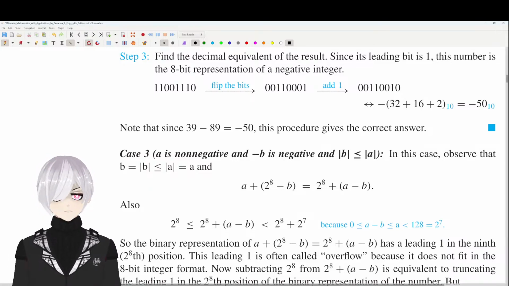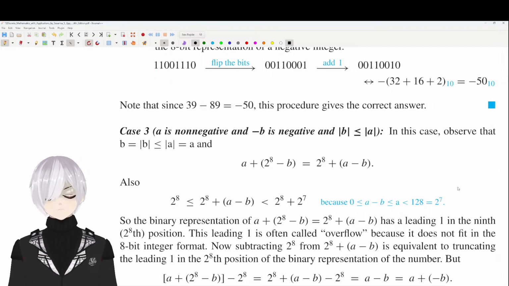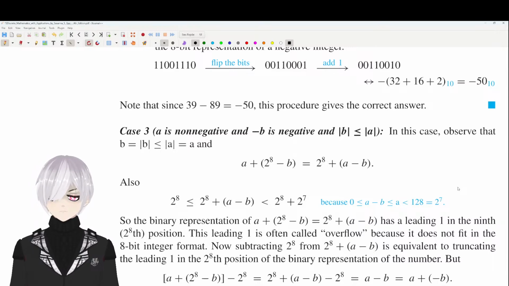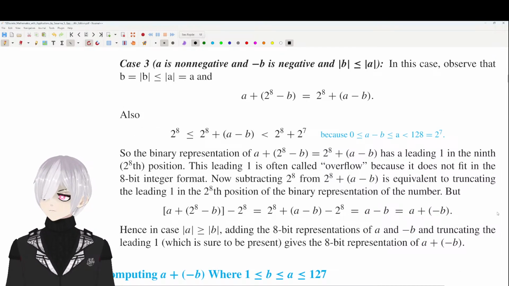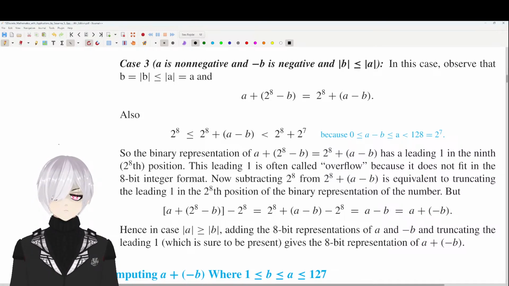And then by definition, if you're adding A and negative B, A is just going to be the binary representation of A. Negative B will be represented as the two's complement of its absolute value, so 2 to the eighth minus B. And then they rewrote that as 2 to the eighth plus A minus B,